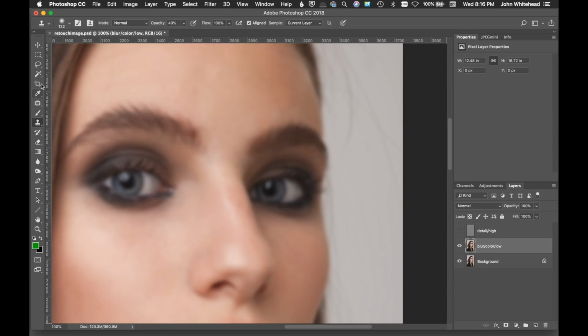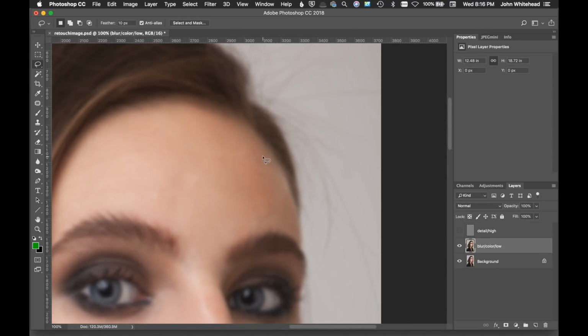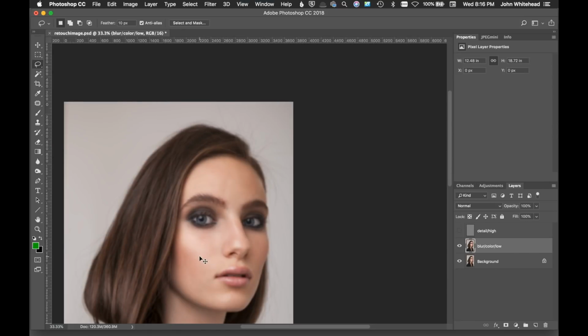So right here on this nose, I'm going back to the lasso tool, and there's a little bit of redness in it, and I'm going to go ahead and Gaussian blur that just a little bit to kind of blend it and make it more even. So right here we have this little area, and we're going to Gaussian blur that, make that more even. So you would just kind of go through the rest of this image, and I'll zoom out so we can see,